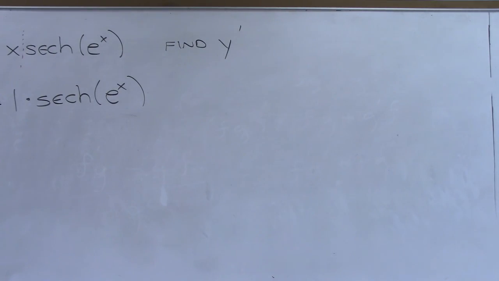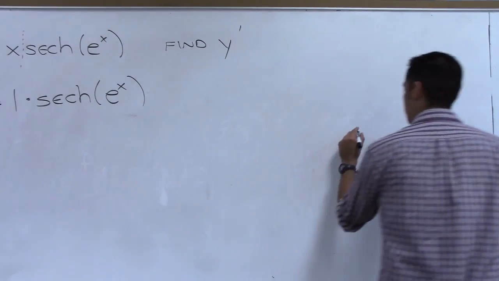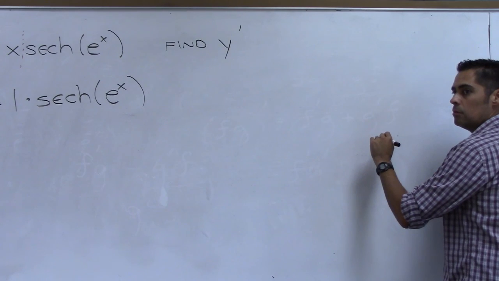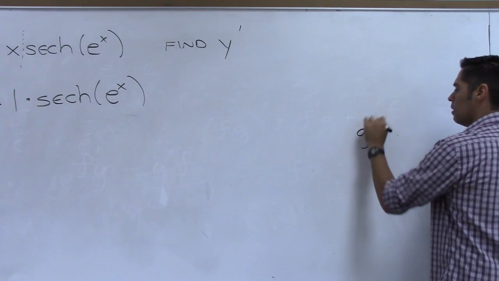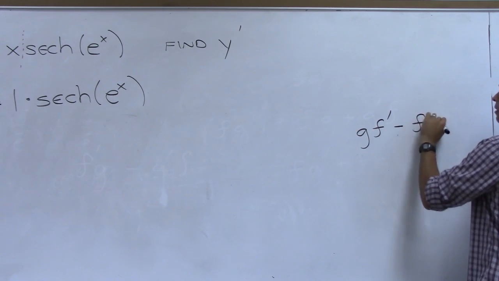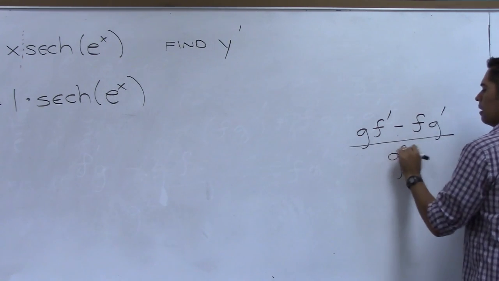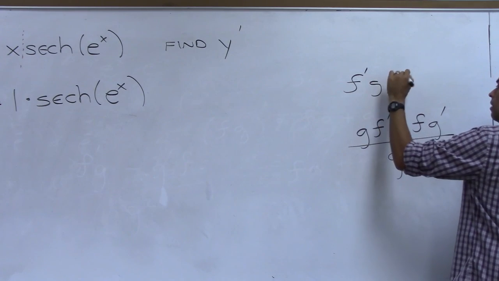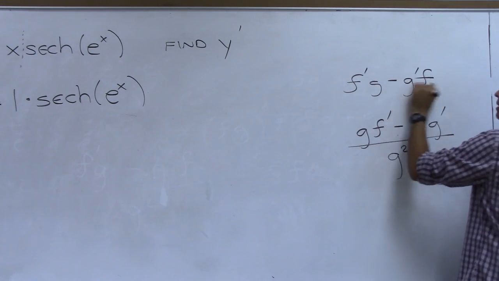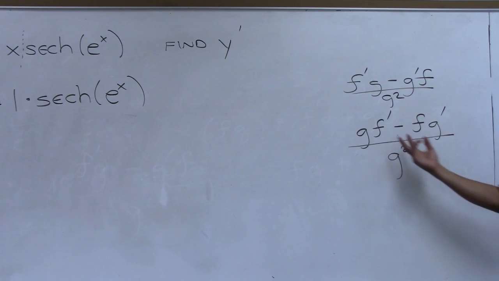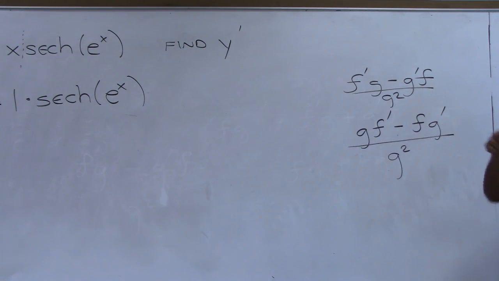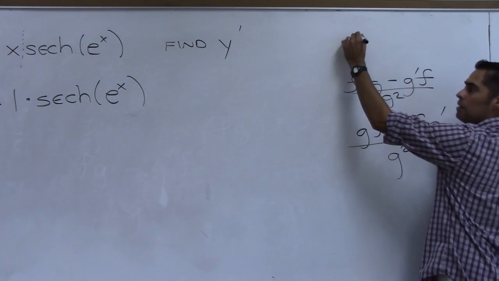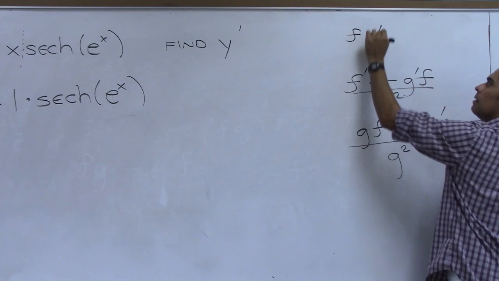On the formula sheet, it is different. What is it? The quotient rule is different. It's g of x times f prime minus f times g prime over g squared. And mine is this. Well, I'm not saying mine, I'm just saying another way. But they're the same, aren't they? Because of the commutative property of multiplication. But on the formula sheet, what's the product rule? Does it have it? What is it? F times g prime plus g of f prime.